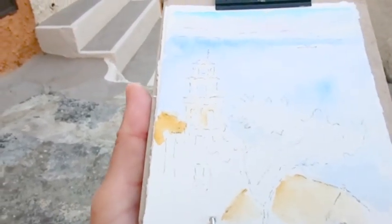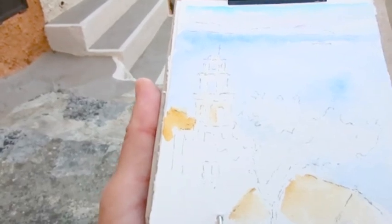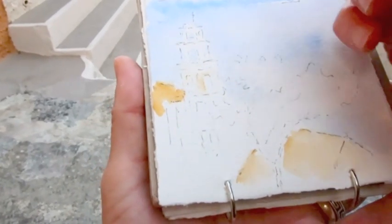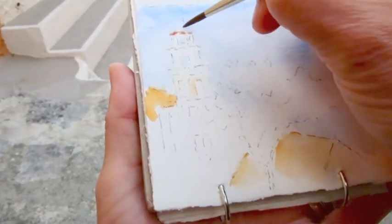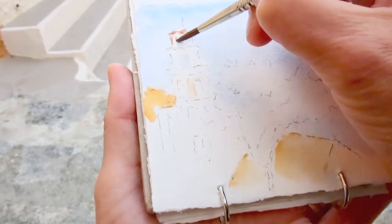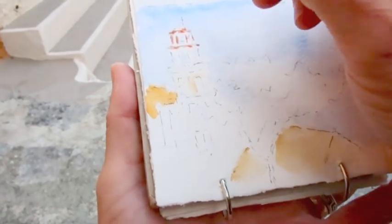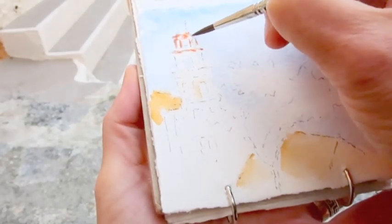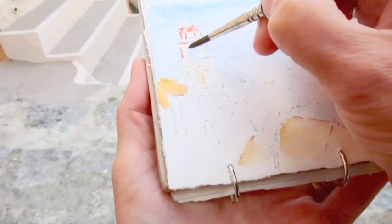And I'm going to use a darker ochre. I think it's called chocolate. I called it chocolate. I think it's a red ochre. I love the idea of ochres and that they are just earth that appears in different colors in different parts of the world,